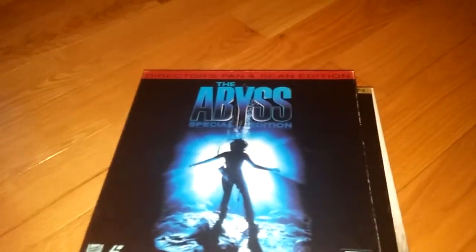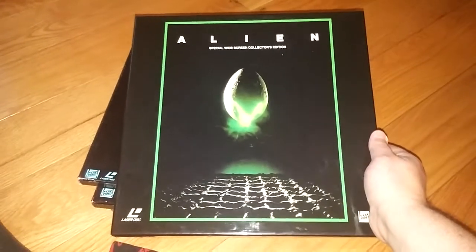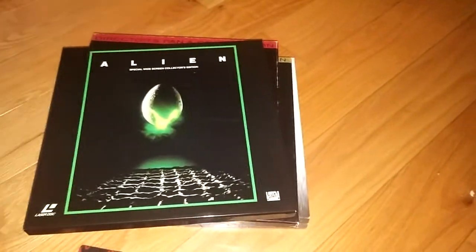Alright, next up, Alien. Ended up picking this one up off eBay. Surprisingly got it rot-free. This is a beautiful box set. Great behind the scenes. I love this stuff on here. It's great. And of course, got to have its companion piece,